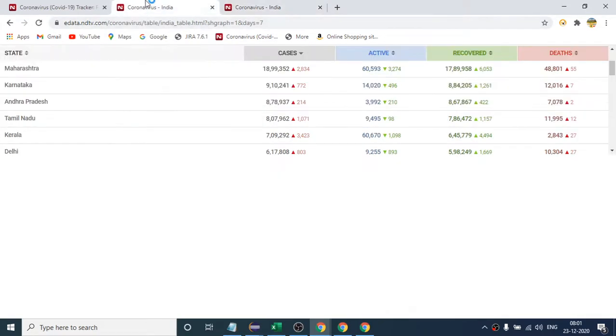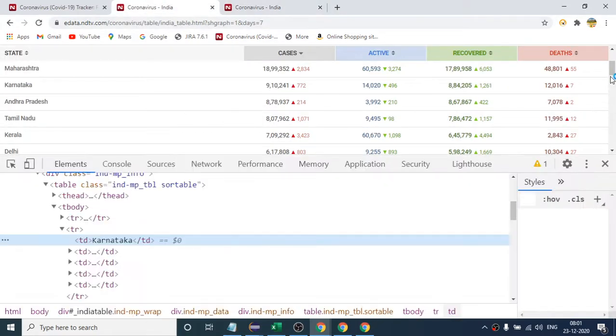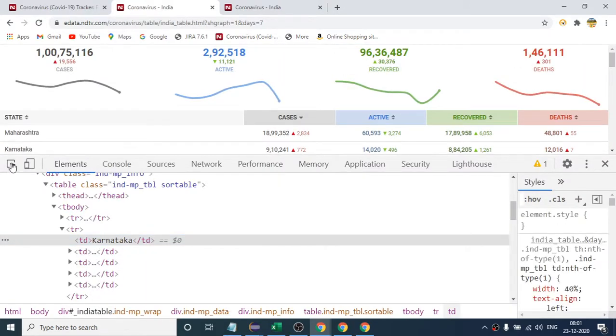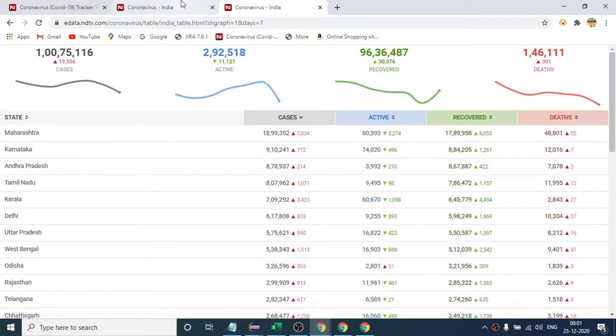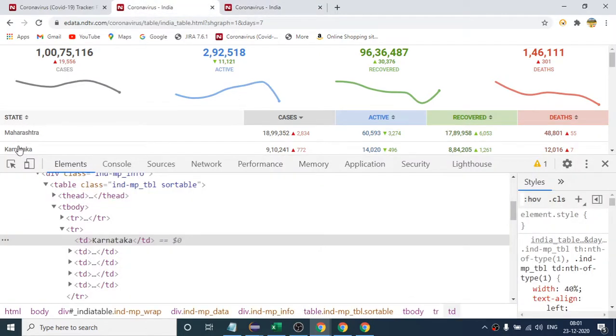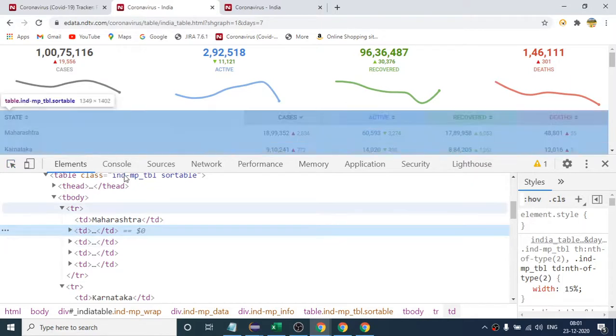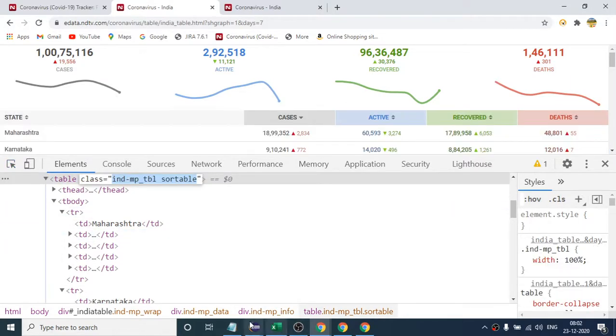So let me write the XPath for this. I think this will work here as well.